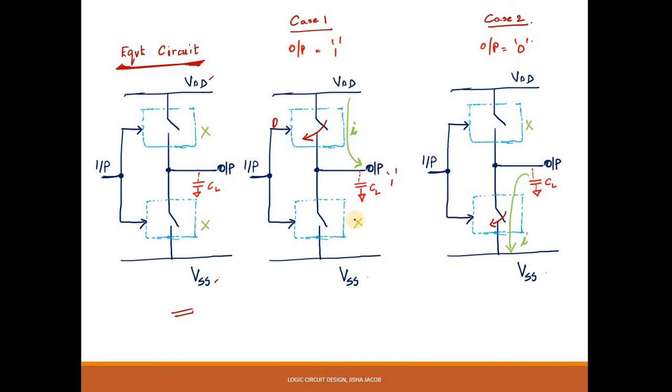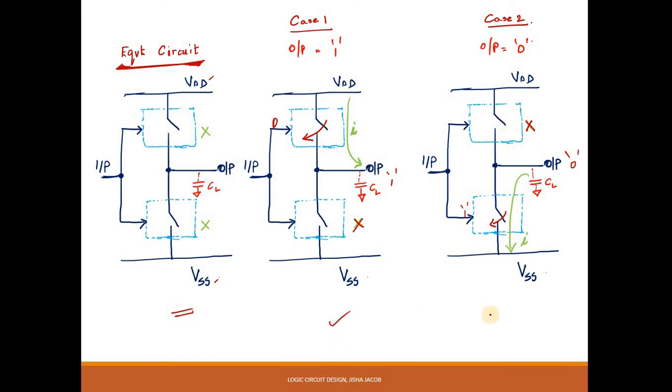You notice that the NMOS structure is off, therefore no current will flow through the NMOS structure. If you take the case of output 0, that means the input applied is such that the PMOS turns off and the NMOS turns on. Okay, logic 1 turns on the NMOS. Then the NMOS will act as a closed switch, meaning the current will find a path through the NMOS to VSS. Therefore, the output will be equal to logic 0. You notice that the PMOS structure is off. Therefore, no current will flow through the pull-up network.